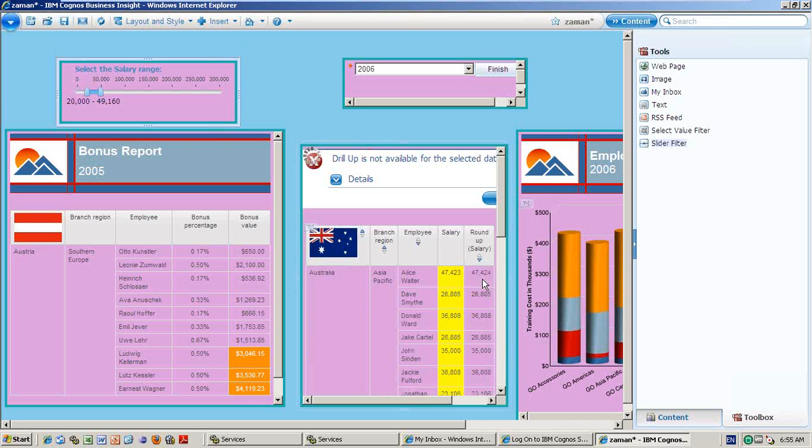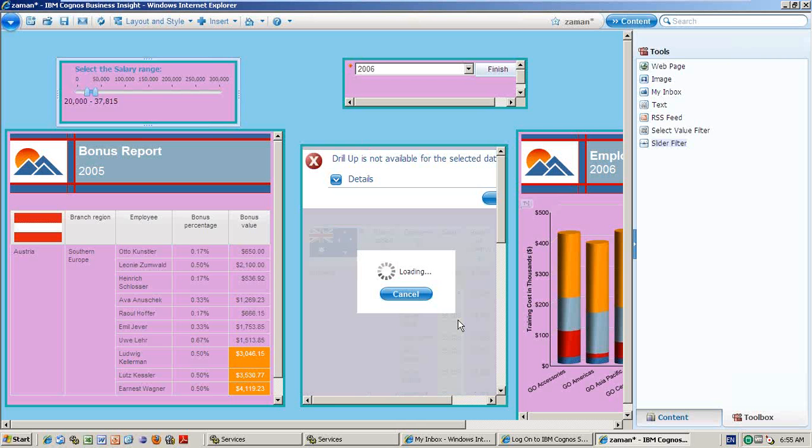Sorry, 20,000 to, you see now 47,000 also. If you want to increase, decrease, see, for example, 47,000 is coming. So I don't want up to 47,000. I want 20,000 to 40,000. That means only these records will come, right? Alice Walter is 47,000. So remove, up to 45,000 only do. Yeah, this is enough. So this shouldn't come, Alice Walter. Only Dave Smith, Donald. So I want to see the range of salaries between this and what are the employers there. You can easily come to know.